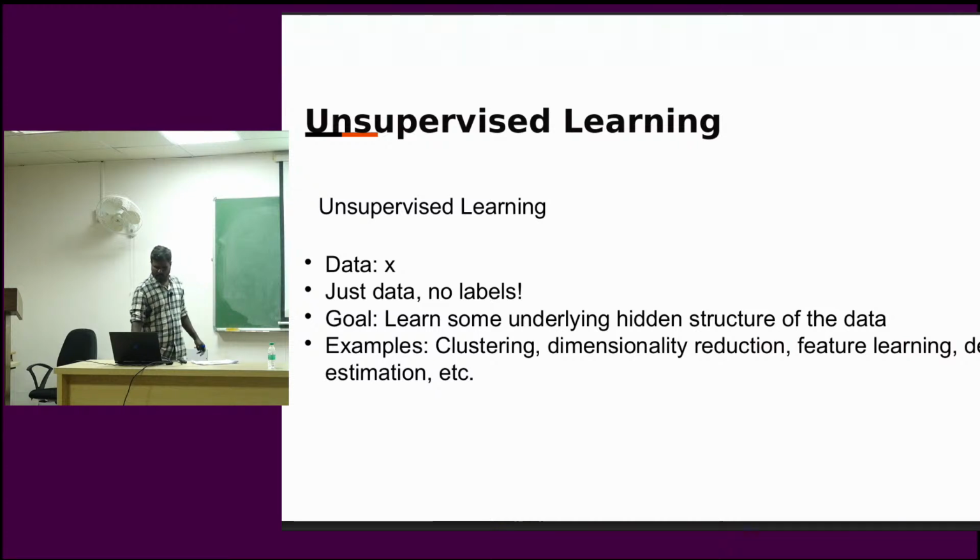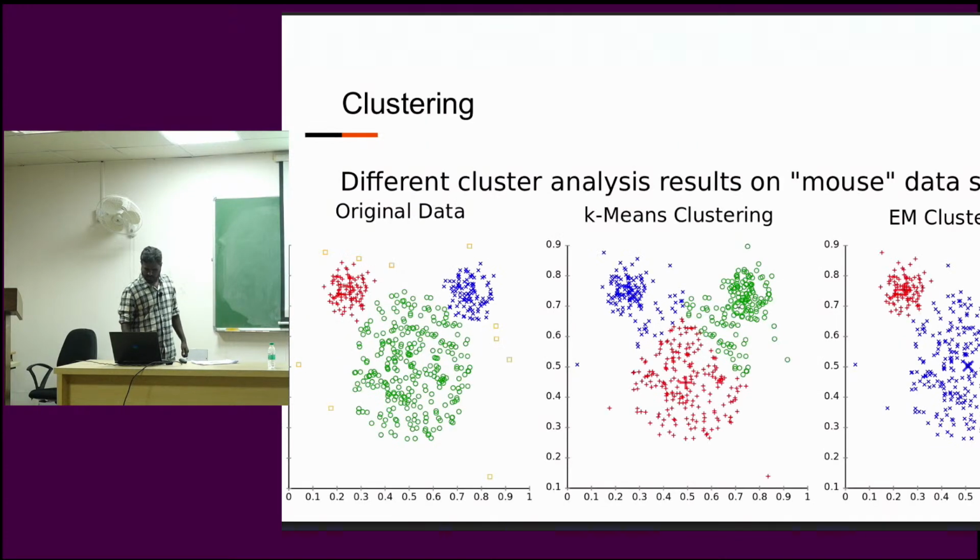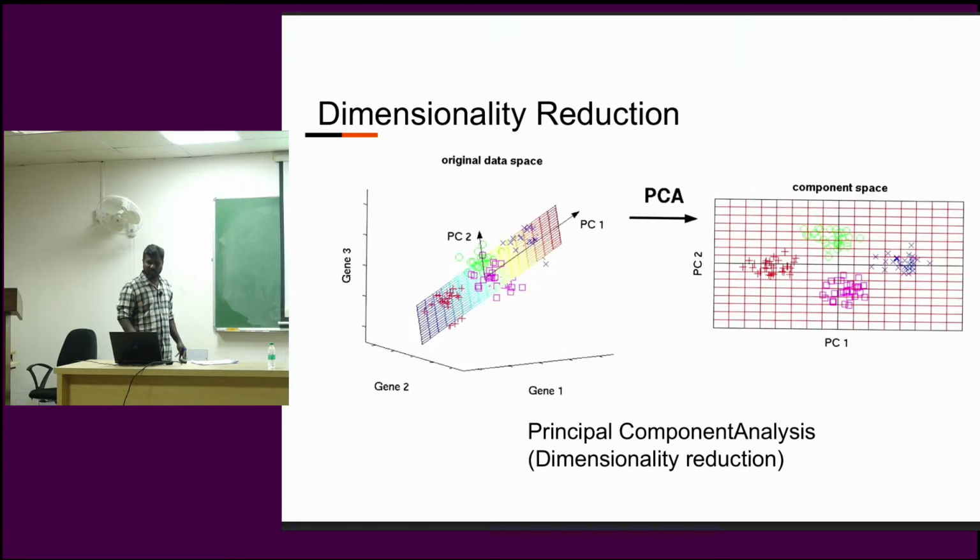So you can see that these are the examples. This is one way to understand the structure of the data, right? People apply K-means clustering, EM clustering, many clustering methods. So this is one way to understand the structure of the data. So another way to understand the structure of the data is,